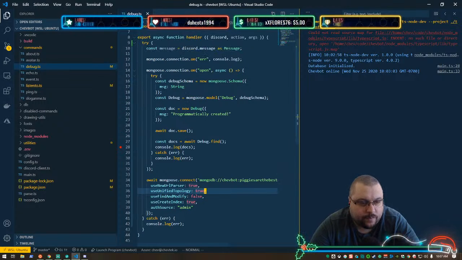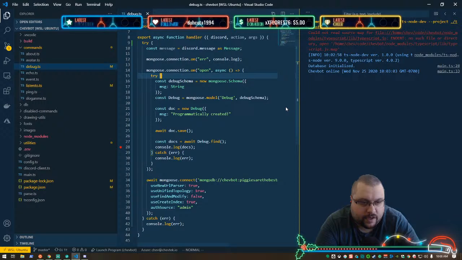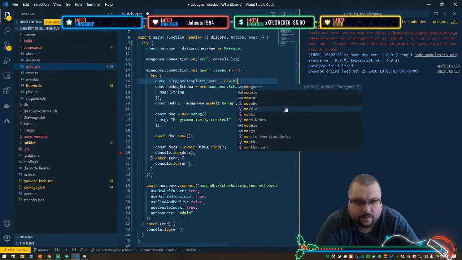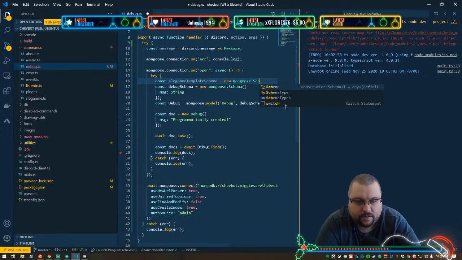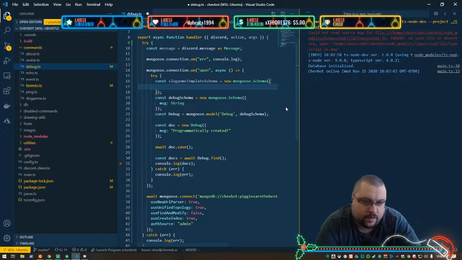Okay, so we're in here now. Let's go ahead and create a few collections or schemas. So first schema is going to be the Slogan Me template schema. Okay, and that is going to have